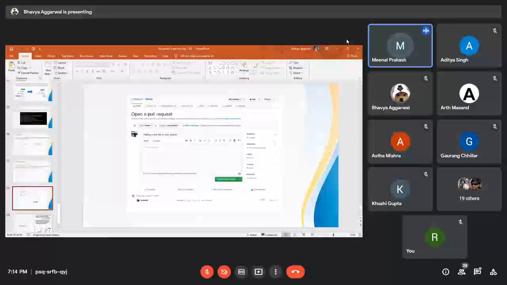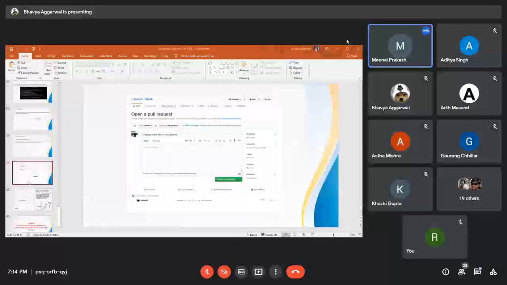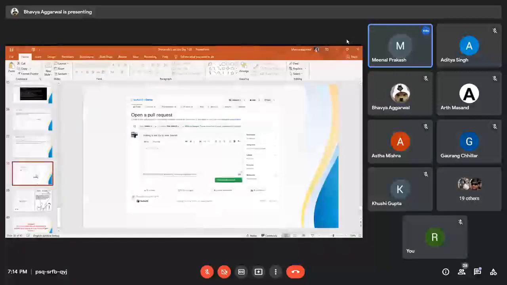This is how it looks when you create a pull request. When you make changes, you leave a comment about what changes you have made. If you have corrected some errors, then you write I corrected some errors, and then you create a pull request. After creating a pull request, the owner of the project will see it, and if he wants to merge, he will merge, else not. So a Git pull request is used if you want to make any changes in a public repository.